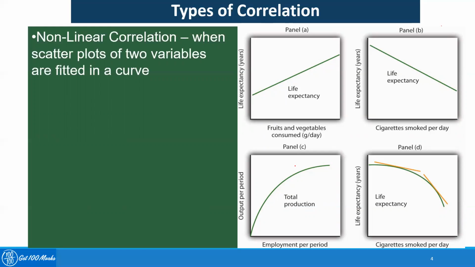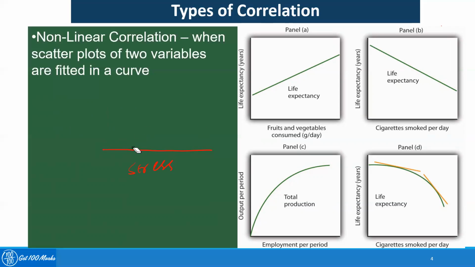A very good example of non-linear correlation is the performance of people along with their stress level. With a certain level of stress, people tend to keep performing well. But after a certain level, if the stress is too much, then their performance will be flattened, and after a certain time, the people will break down and the performance will go down. So this is a kind of curvilinear correlation. It's not fitting in a straight line.